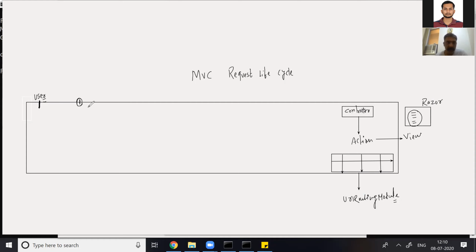Whenever a user requests MVC, the request first goes to the URL routing module. The URL routing module checks whether your requested route is available in the route table or not. If it is available, then the URL routing module forwards the request to the route handler.